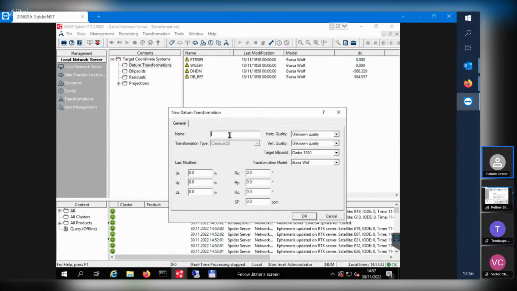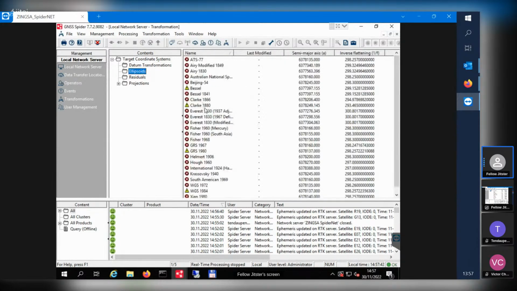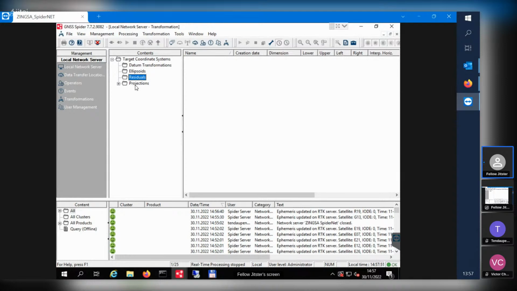So we are going to call it DSG, because it will be transformations from your ITRF to basically some kind of local Cartesian system. So this would be the first step, to define the transformation. For the ellipsoid, we already have the Clarke 1880. You see, since we used it already, it is with this exclamation mark. At the moment, we have no residual models, but for projections,